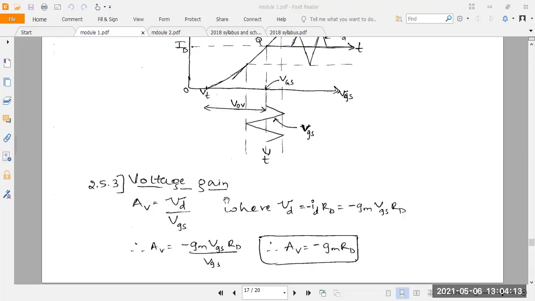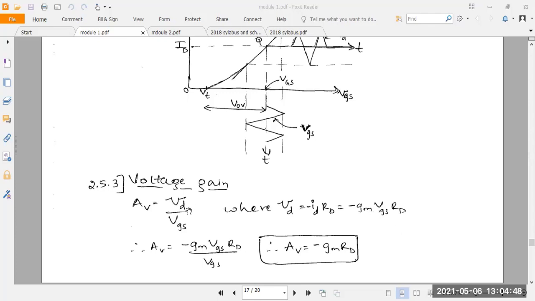After that, we want to find out the voltage gain of the amplifier. That is AV is equal to output voltage divided by input voltage. What is the output voltage here? The drain voltage, divided by the input voltage. Understood? For that, find the output voltage, the drain voltage, according to Ohm's law, ID into RD. We have to include a negative sign because this is an inverting amplifier. So VD is gm into vgs into RD, with the negative sign.